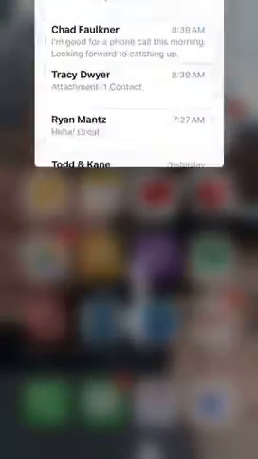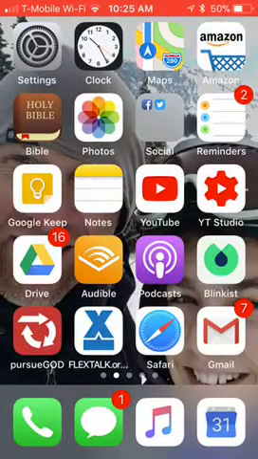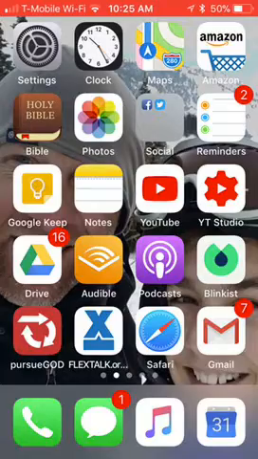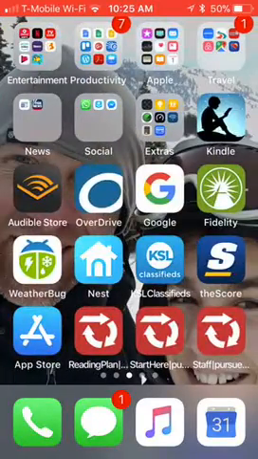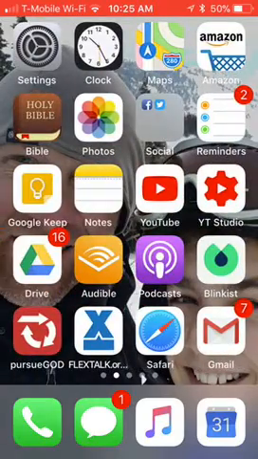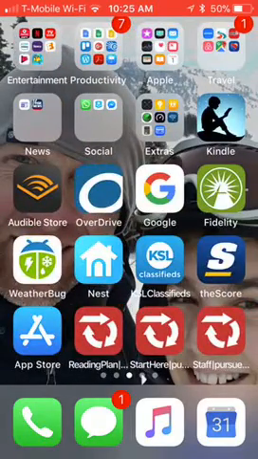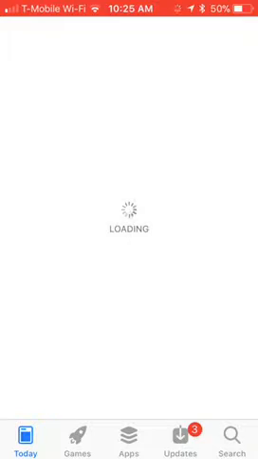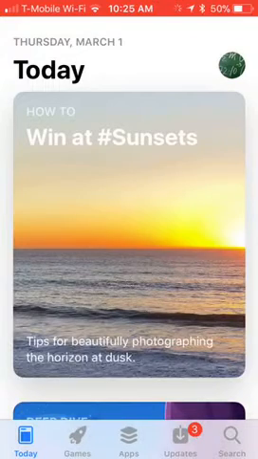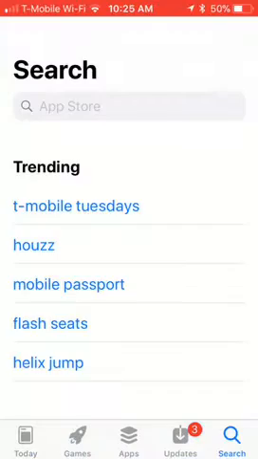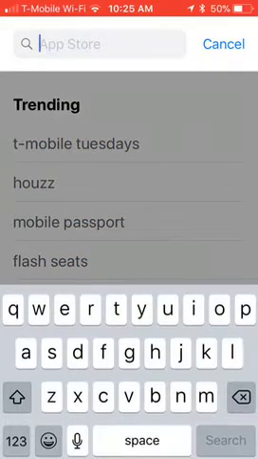how to do it. So the way to do it is, first of all, you need to go to the App Store. So on your iPhone, search for where the App Store is, and I'm looking for mine right now. And there it is in the bottom left corner. I'm going to go to the App Store, and once I get there, I'm going to search for the YouTube app. So the first thing you need to do is click on search, and you can type in YouTube,